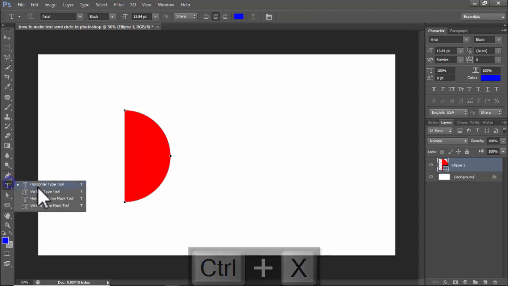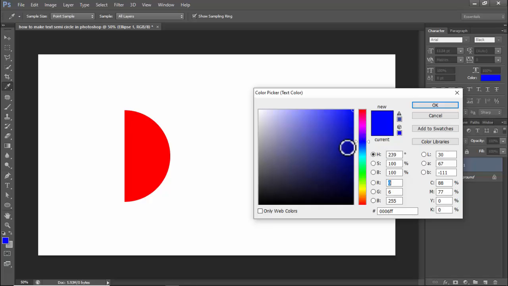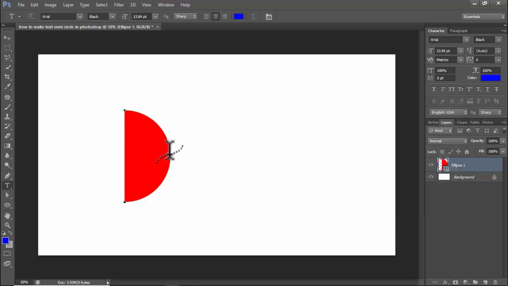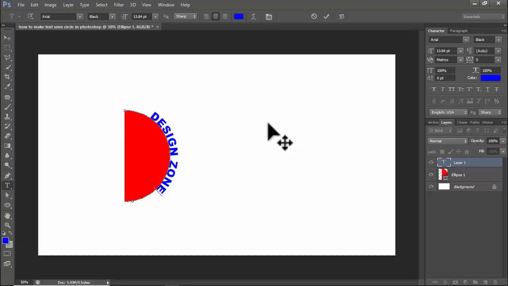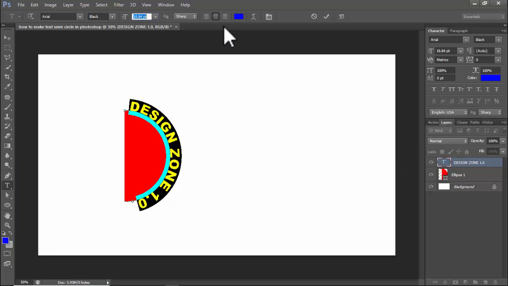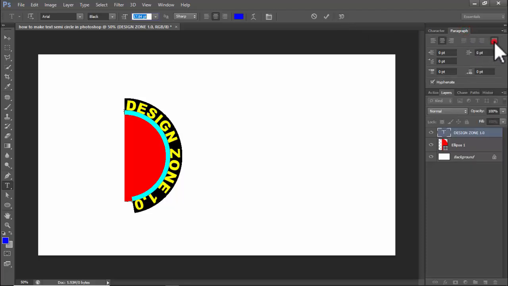Then click again on the text layer, select the text color and use middle. Then type your own text, design zone 1.0. Okay, double click, paragraph fill. Okay, then